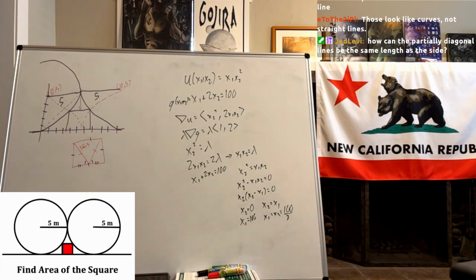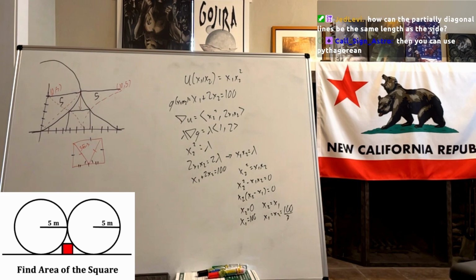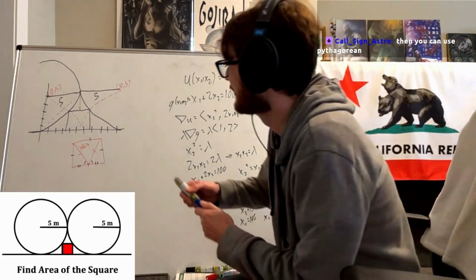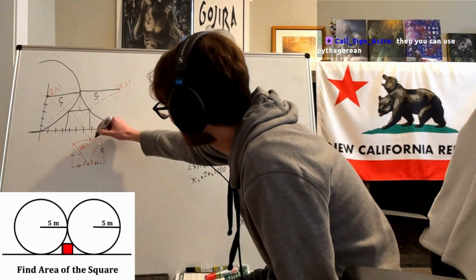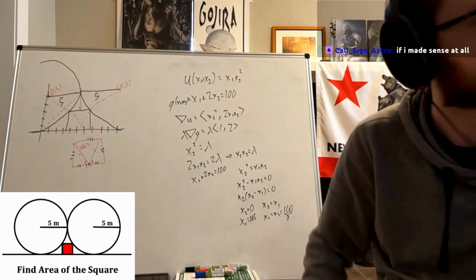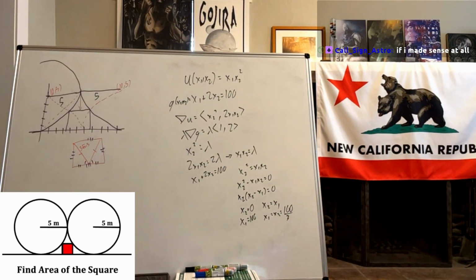You draw a second radius line straight down. You extend the top line of the square to meet the new radius line. They can use Pythagorean. I was trying to use different colors to show that they're not equal, because I don't want to do a million tick marks. Okay, let me see what Astro's saying. So that seems like it's probably an easier way. You basically make a rectangle with the radii, it seems like. My drawing is definitely not perfect, so I feel like I'm making a leap here.